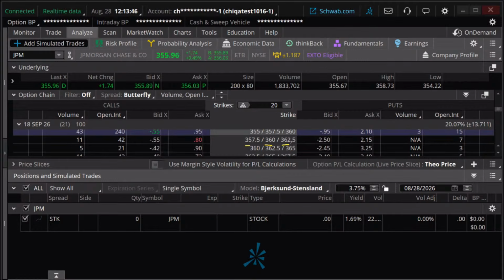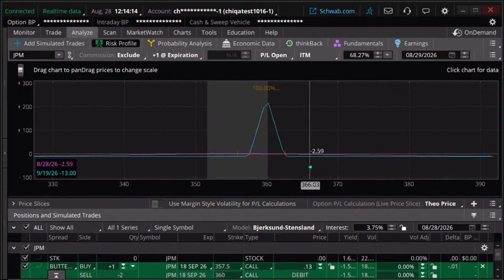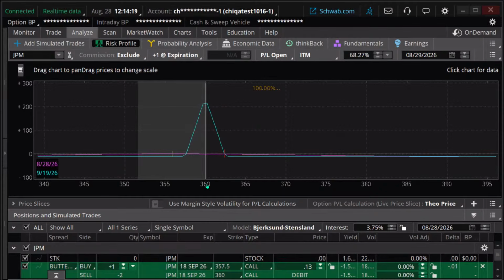Okay, the problem is almost always they're going to be too close. One strike apart just doesn't work typically here. But we're going to click on this, and I'm kind of bullish on this. I'm going to skew a little more bullish, so I'm going to do a call butterfly. I'm going to click on the calls there, and so here's our butterfly spread. And if you look at, let me just move this over, it's pretty narrow. This is just a typical butterfly.